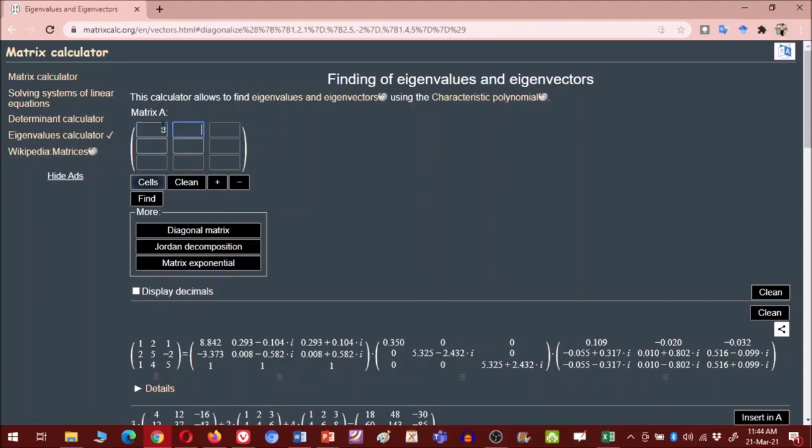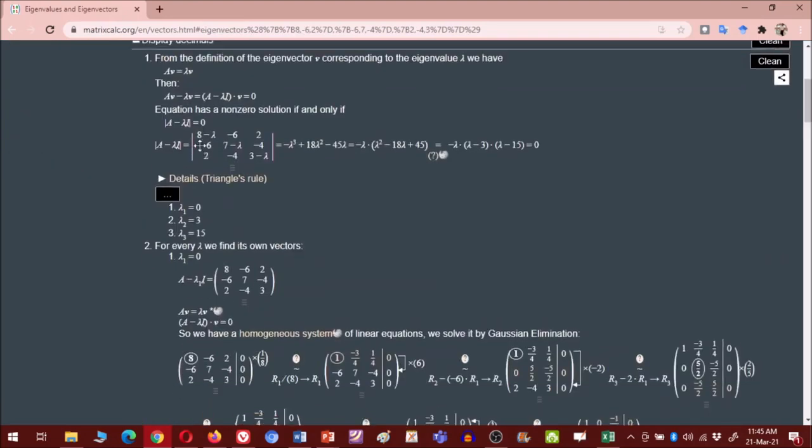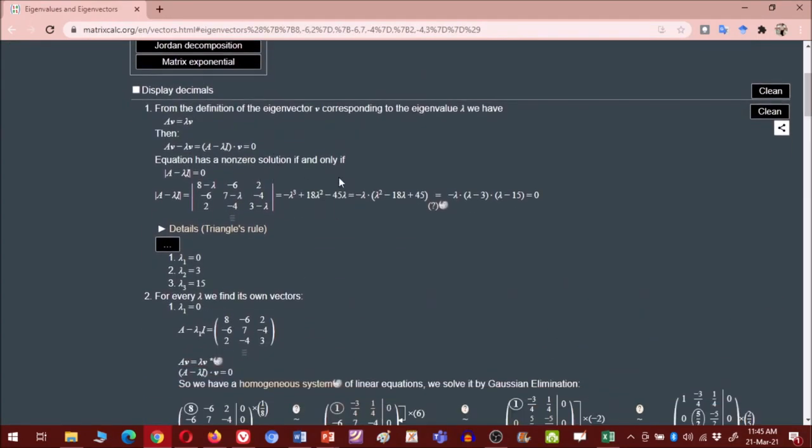So 8, let me take this matrix: 8 minus 6 2, minus 6 7 minus 4, 2 minus 4 and 3. So just click on find and it will give you the detailed solution of how to get eigenvalues.